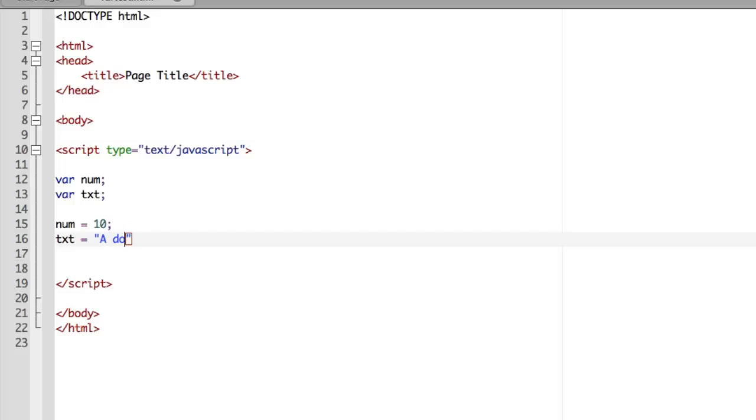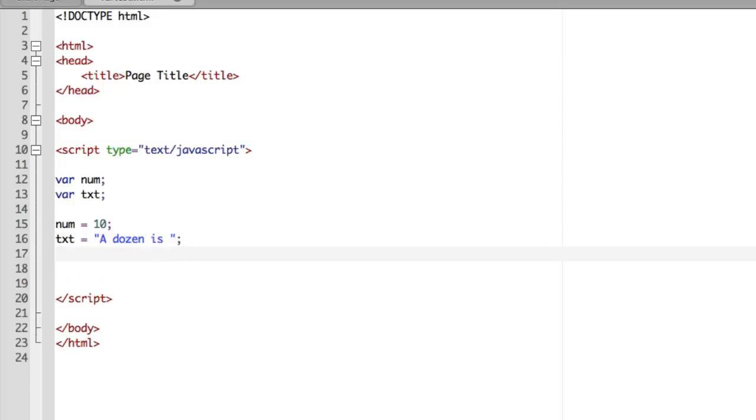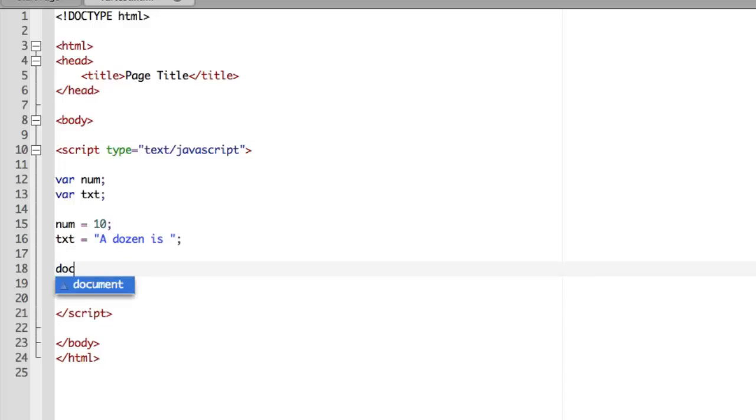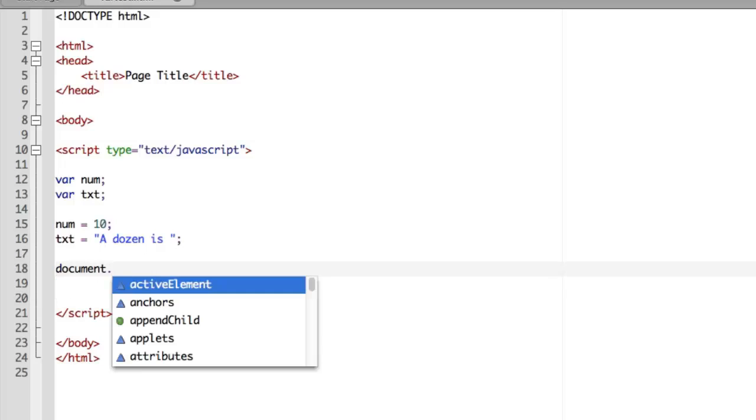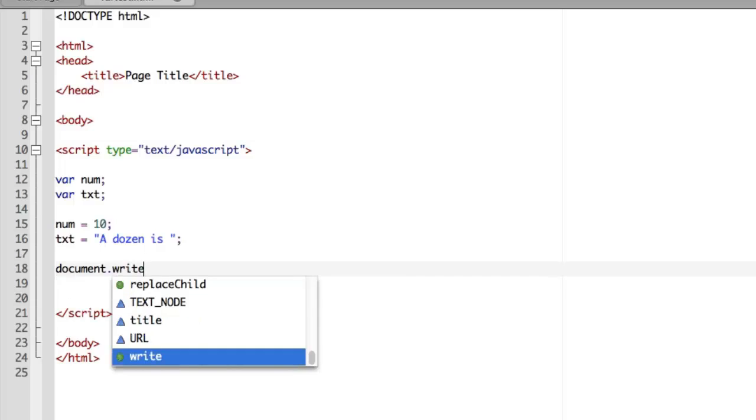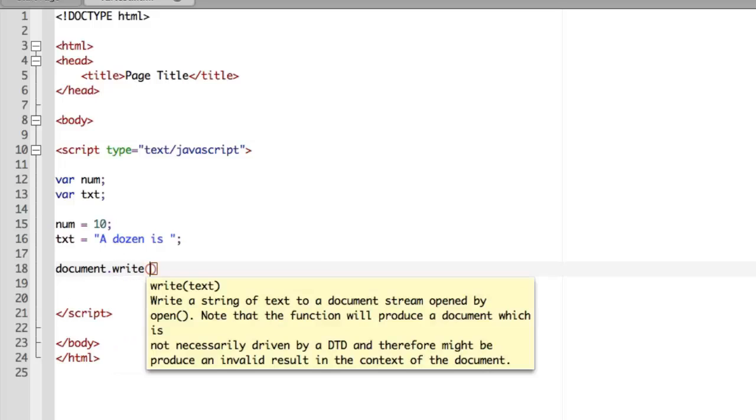A dozen is. Now you'll see why I've put that shortly. I'm going to write the output into a web page using document.write and a pair of parentheses. And now instead of putting a literal string in here, I'm going to put the variables. So let's put text first, txt